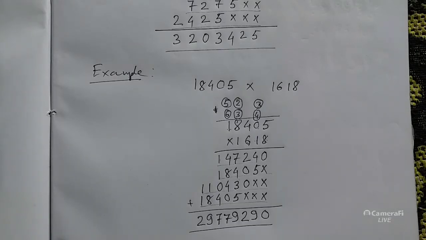So students, in this way, if the multiplier is of higher digits, that means 3 digits or 4 digits or maybe more, in a similar way we can multiply it. The process is the same, the steps are the same. So I hope you have well understood the multiplication process and you can do many other multiplications of this type.